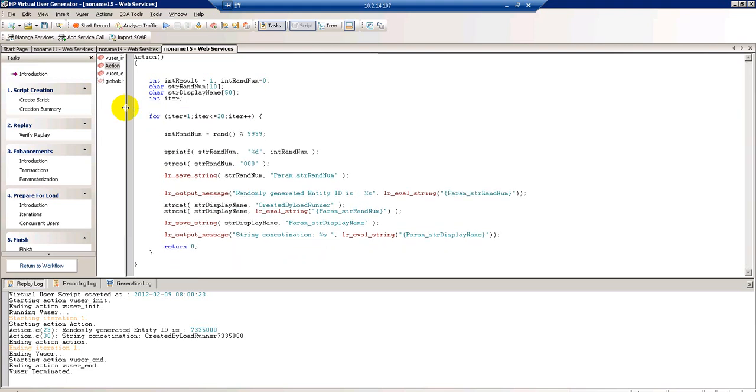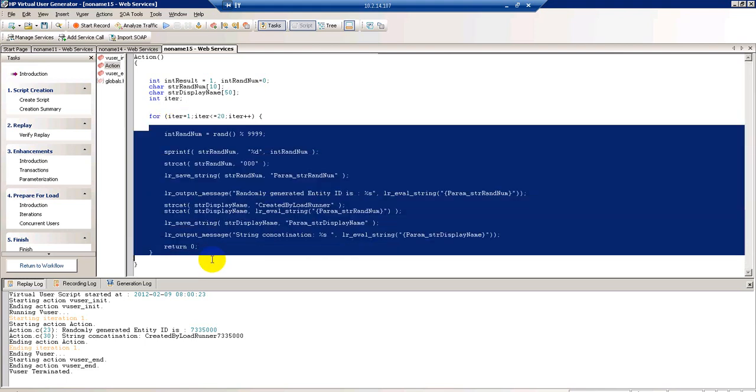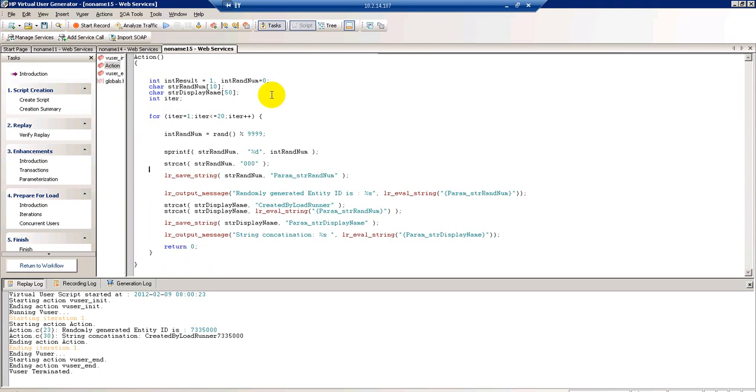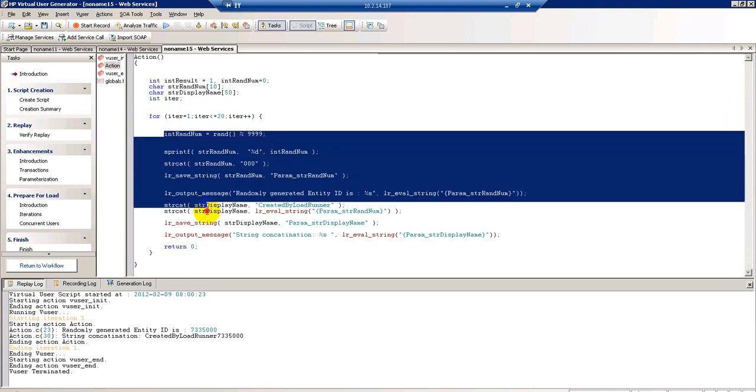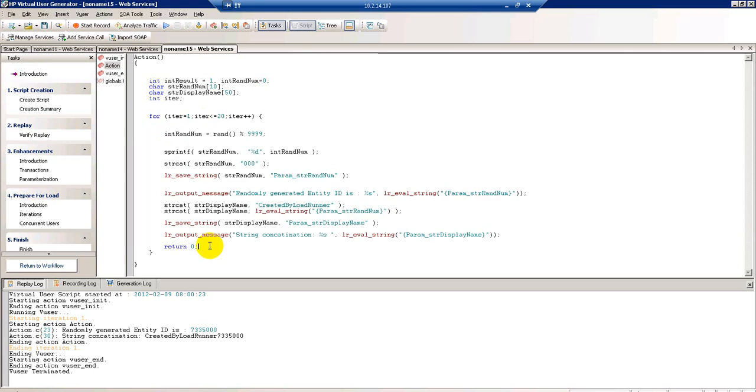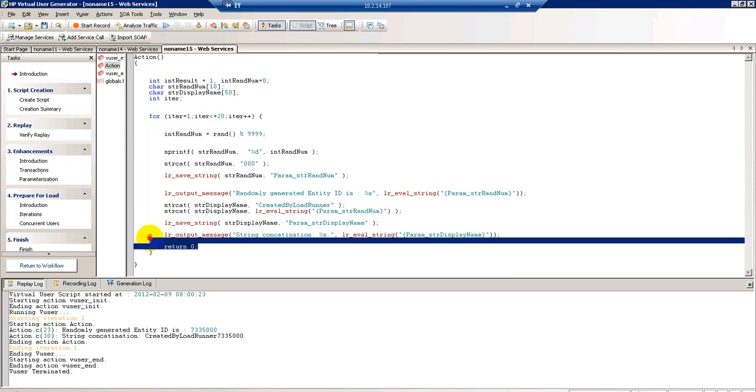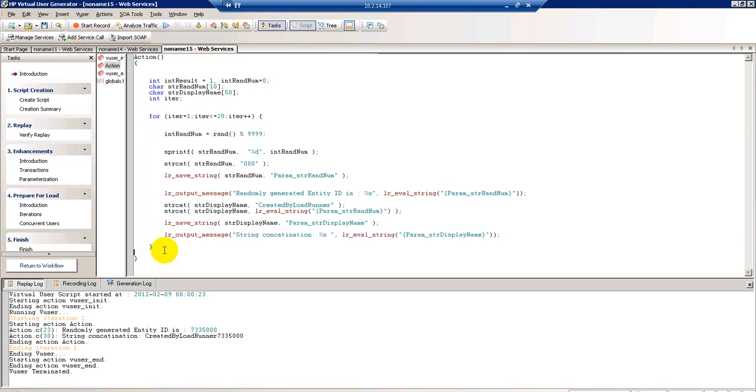Whatever statements you write within the for loop, it will execute them for 20 times if I give the condition less than or equal to 20. So here, for iter equal to 1, I am starting the value with 1, iter less than or equal to 20.